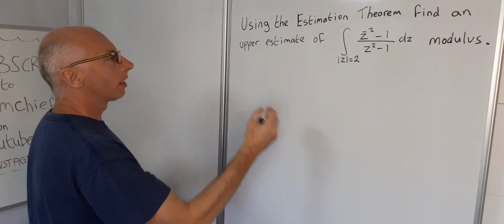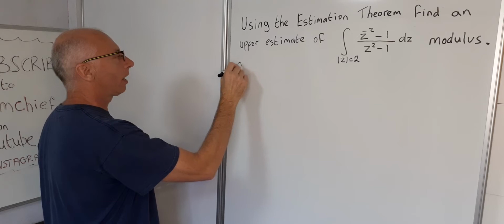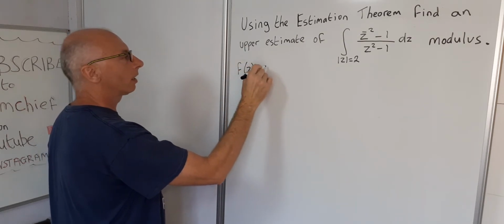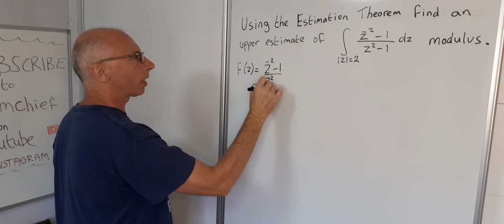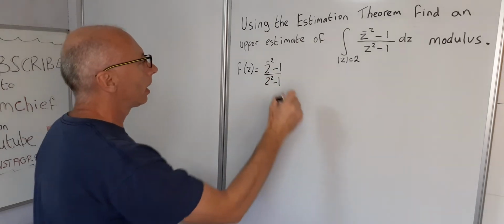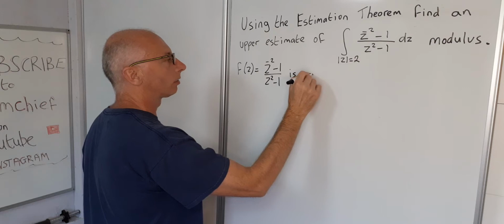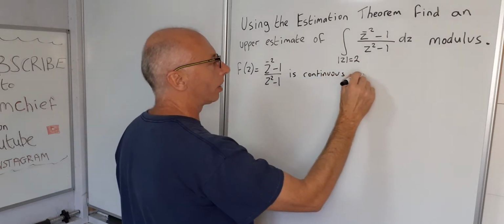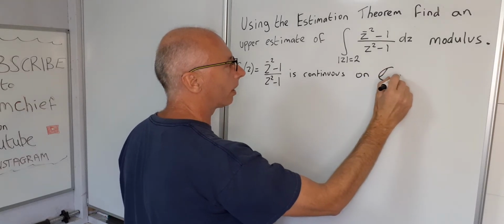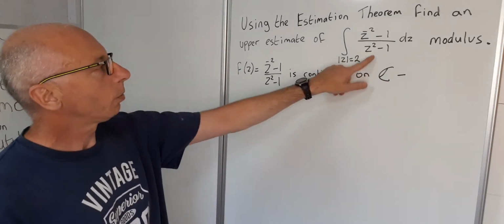Let's say f of z equals the conjugate of z squared minus 1 over z squared minus 1, is continuous